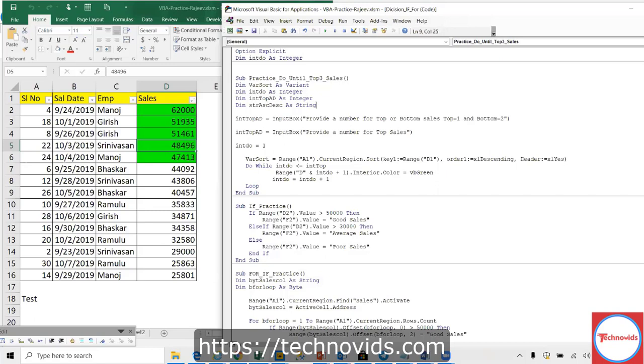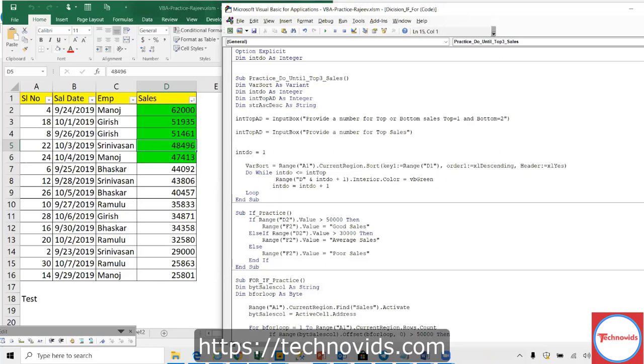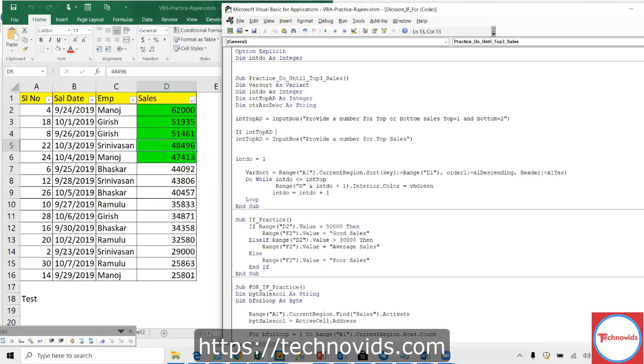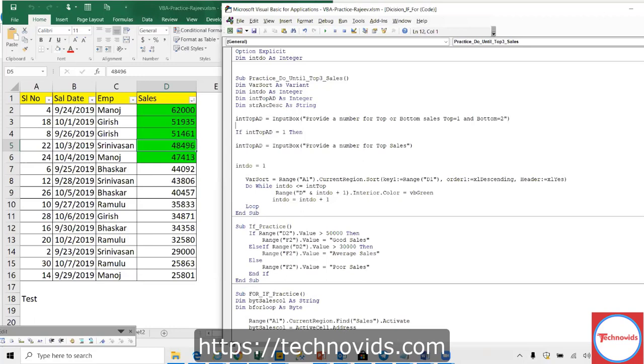Now after this point, if top is equal to 1, then I have declared one more variable here.